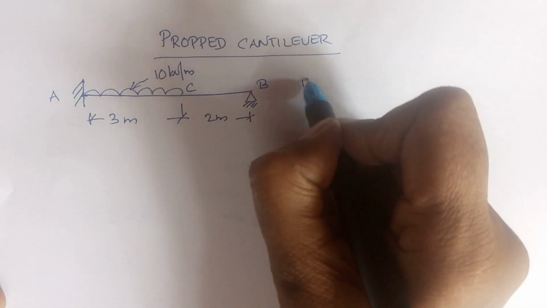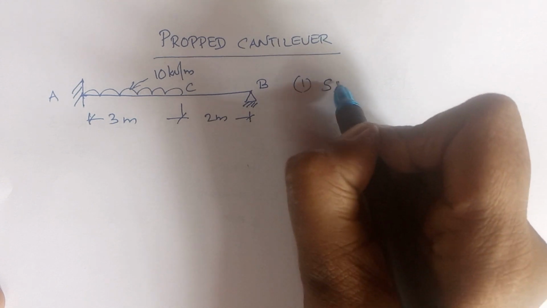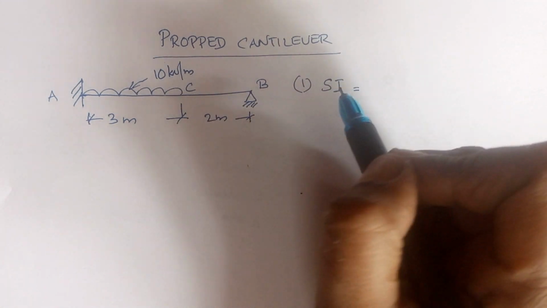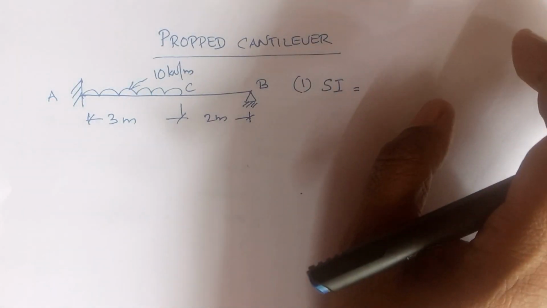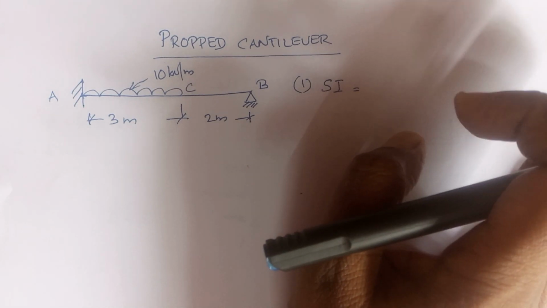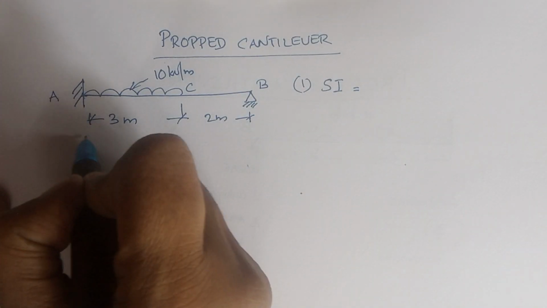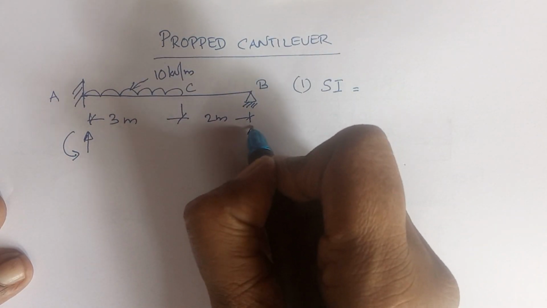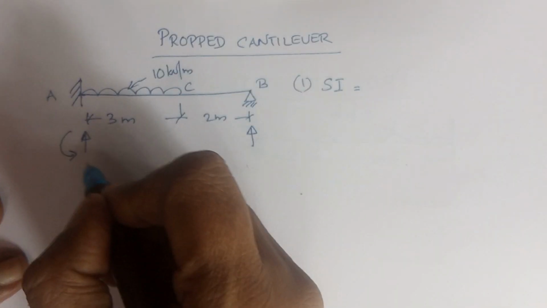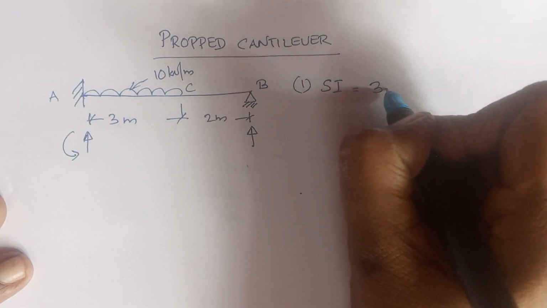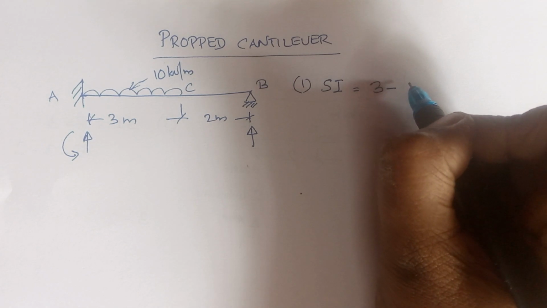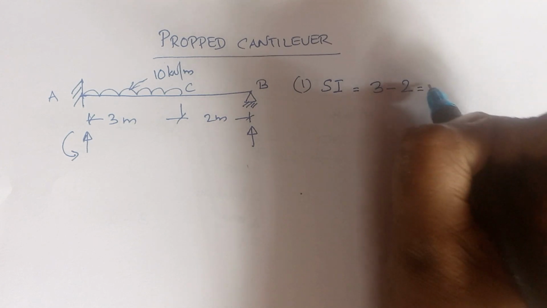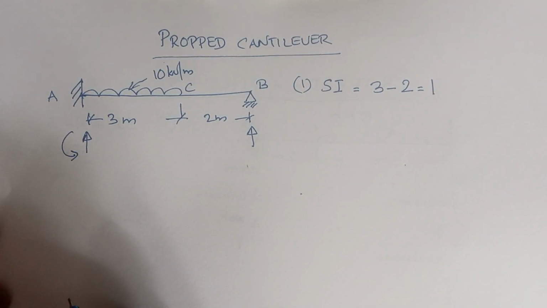First step, identify the static indeterminacy of the structure. So for beams, normally we neglect the axial deformation or we neglect horizontal reactions, only vertical loads are there. So the unknowns are at the fixed support, a vertical reaction and a moment. At the hinge support, it's a vertical reaction. So altogether there are three unknowns minus, we use only two equations of equilibrium, sigma V = 0 and sigma M = 0. So 3 minus 2, 1. So static indeterminacy is equal to 1.